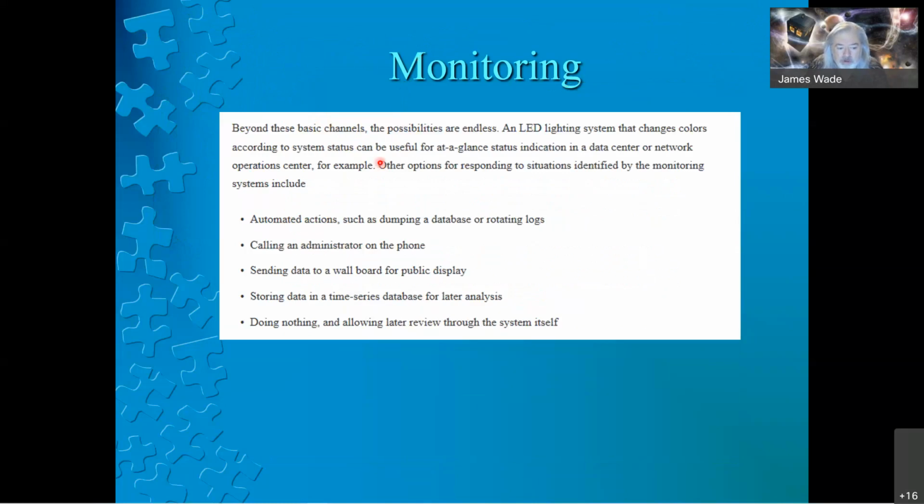Beyond basic channels, the possibilities are endless for monitoring. And you have different types. LED lighting systems that change colors, green for good, red for bad. You can take automated actions like dumping a database or rotating log files when disk space gets full. You can have it dial an administrator on a phone or send information to their smartphones. We can also send data to a wall board so that, in a